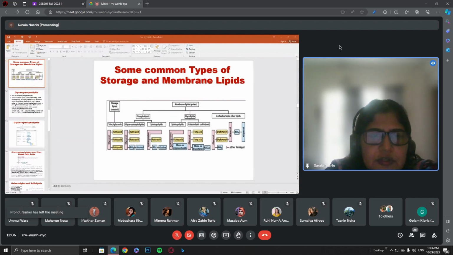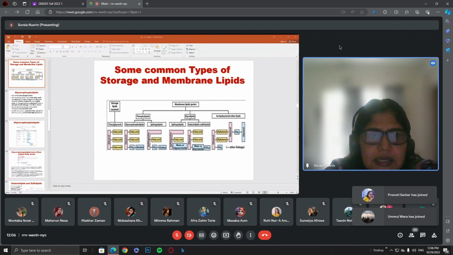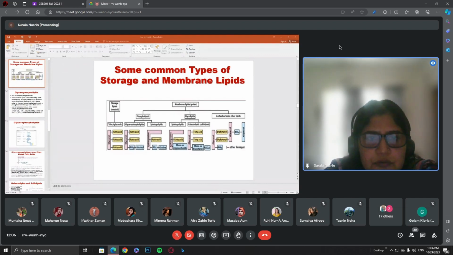The 2 carbons' hydroxyl groups of glycerol are linked to 2 fatty acids by ester linkage. So these are the ester linkages where 2 fatty acids are attached to the glycerol's number 1 and 2 carbon, and the number 3 carbon is attached to a phosphate group, and further the phosphate group is attached